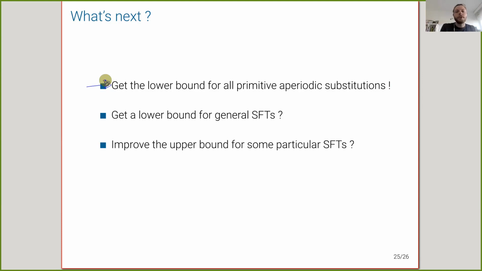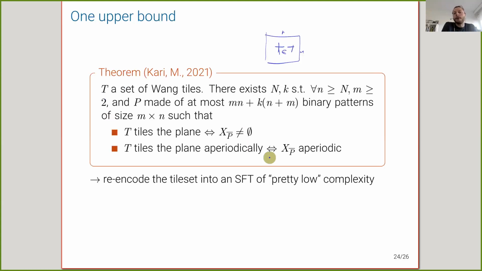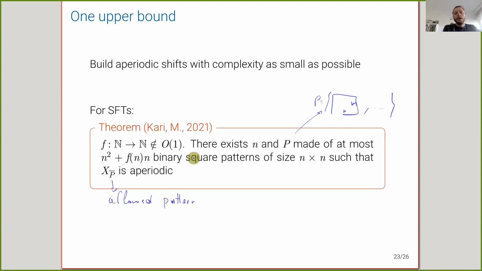Then it will be very interesting to get a general lower bound for general SFTs. My motivation to look into substitutions is because a lot of aperiodic SFTs are built from substitutions. But it will be very nice to have general bounds on SFTs and not just the ones that look like substitutions. And then it will be very nice to maybe improve this lower bound here, this one in particular,